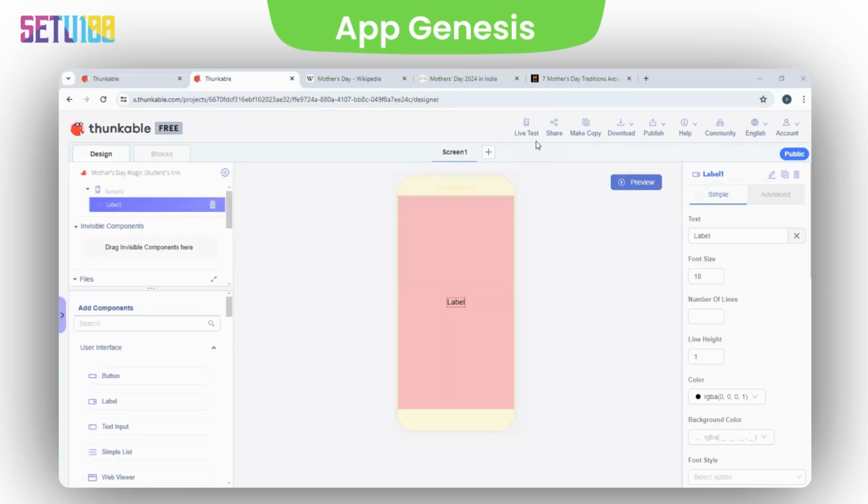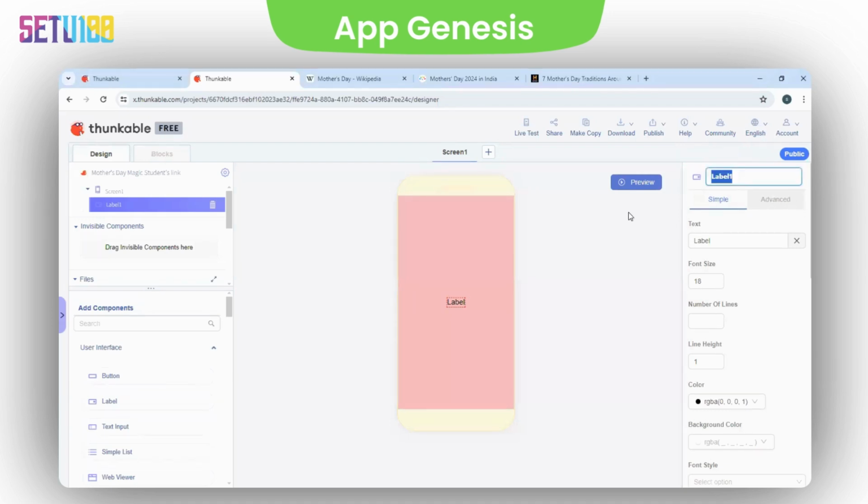After this, we have to go on the right hand side to change the properties and to make this label attractive. So first I'm going to